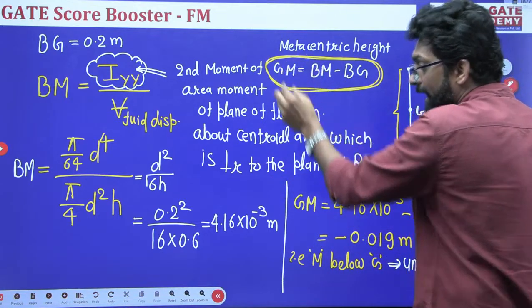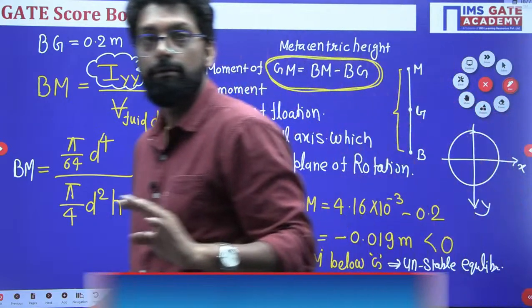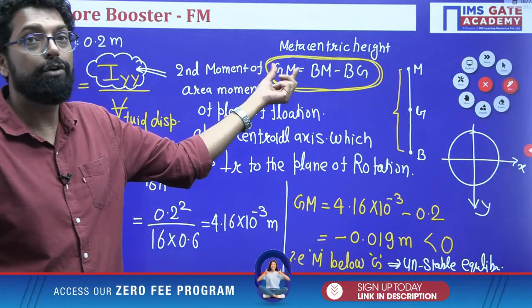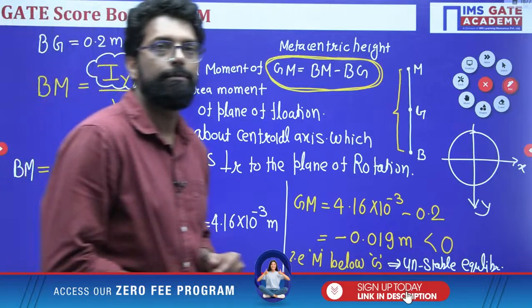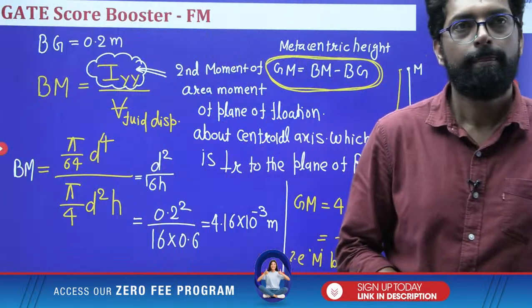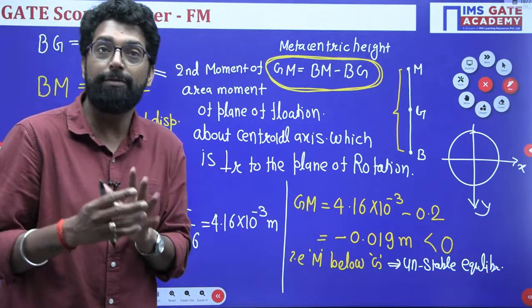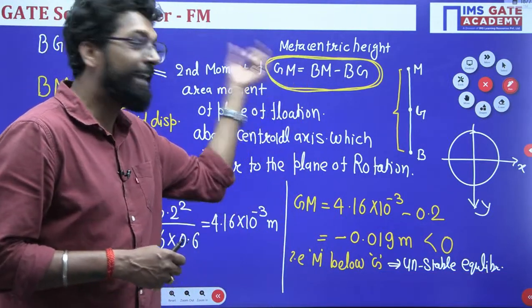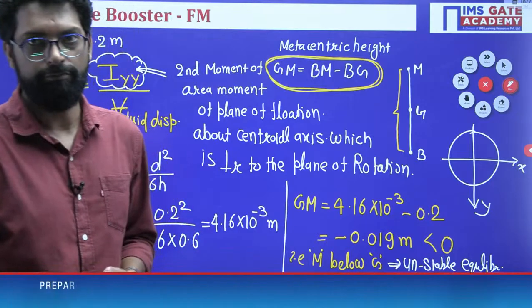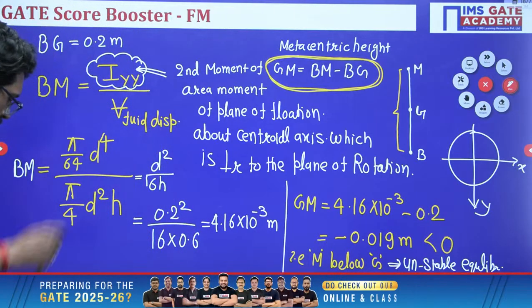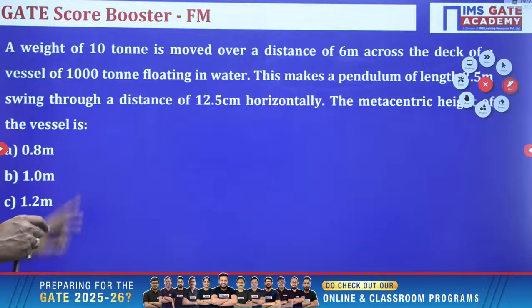If GM is equal to 0, that is your neutral equilibrium. Okay, done. Now next problem,